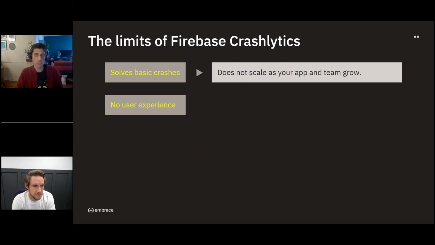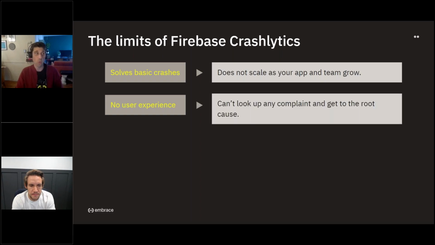The second is Firebase Crashlytics does not have the concept of a user experience, right? It's stack traces, and you can attach breadcrumbs to the stack traces, but that's giving you a finite window of visibility into what the issue was. So for example, if you have a user submit a ticket, you can't look up that user complaint and review every single detail of what happened in that session and all subsequent sessions. You don't have the visibility to see exactly where an issue could have started, for example, in the background or much earlier in the session, and then a crash happened at the very end of the session, right? Firebase is really about giving you crash reports and then a few breadcrumbs leading up to it.